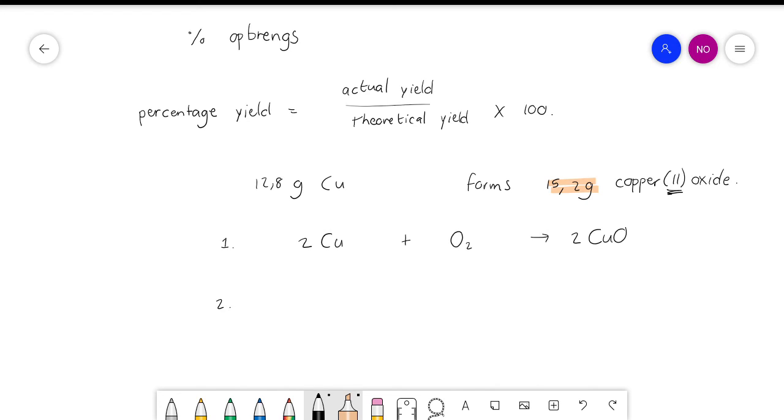You will only use that in a calculation right at the end. Ignore it. First go and calculate what mass of copper oxide should have been produced if this reaction was allowed